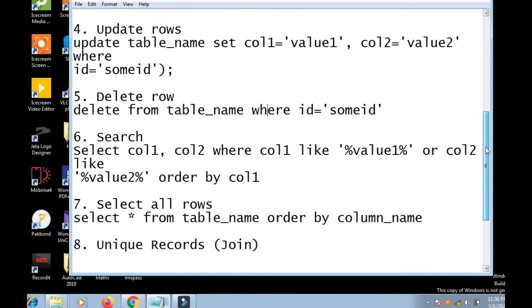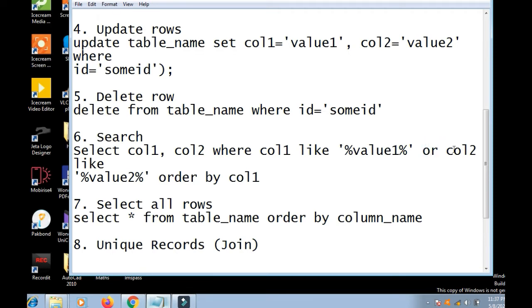And to search, we select column 1, column 2 WHERE column 1 LIKE value 1 with a percent sign on both sides, which means anything can come before value 1 and anything can come after it. We use OR for the second condition. So if for value 1 the name is Ali and we put L, then it will give all results containing L, with A before and I after.